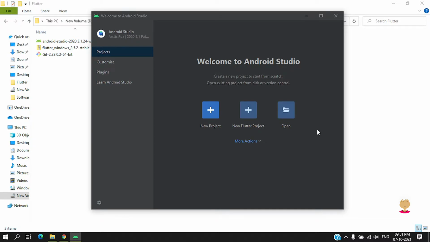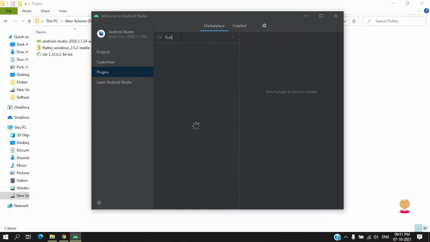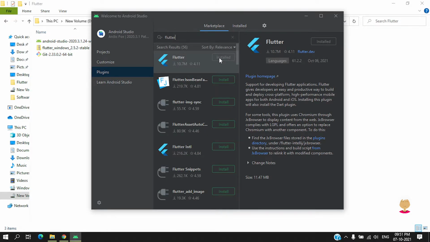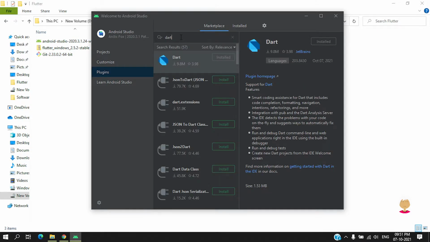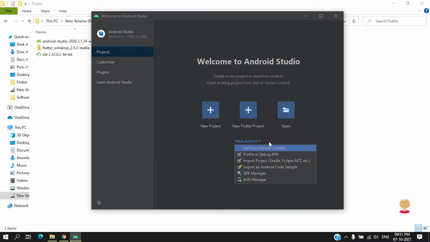Once you have installed all the basic things for Android Studio, then go to plugins and search for Flutter here and click on install, and also search for Dart and click on install. Currently I have installed both the Dart as well as Flutter. That is pretty much it, and then go back to projects and click on more actions,